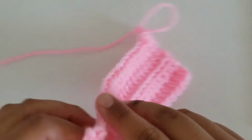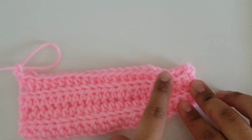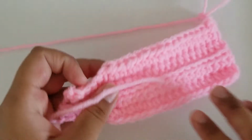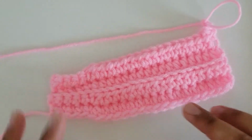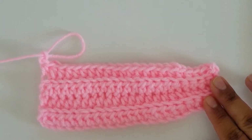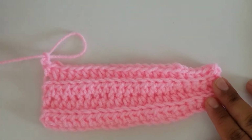Chain 2, turn, repeat the same thing again, do half double crochets in the back loops only, and then in your last 5 stitches do back loop single crochets. Turn your work after you've chained 1, do back loop single crochets for 5 stitches, and then back loop half double crochets for the rest. And you're gonna continue repeating that pattern all the way around